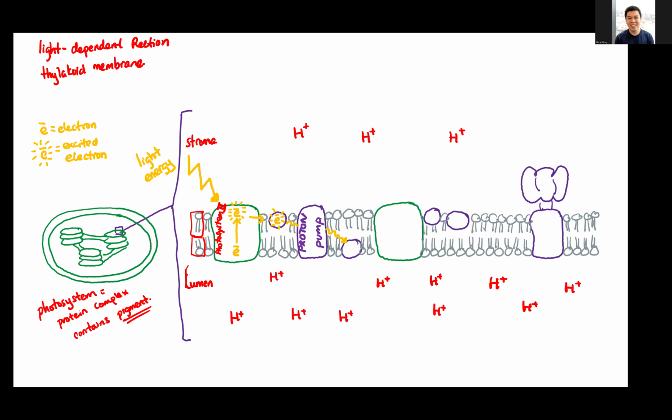Because the energy is lost to proton pump, the electron is reverted back to its ground state. So you see that sparkling line around the electron is no longer there. The electron loses its energy. The energy is transferred to proton pump in order to do active transport of proton, right? Remember, when you see pump, it indicates that molecules being moved from lower concentration to higher concentration against its gradient. So we have an active transport of proton